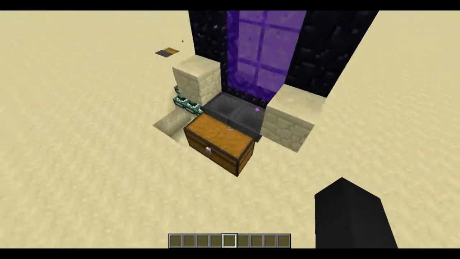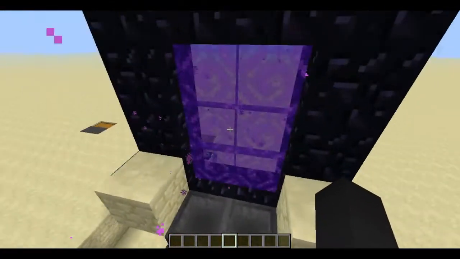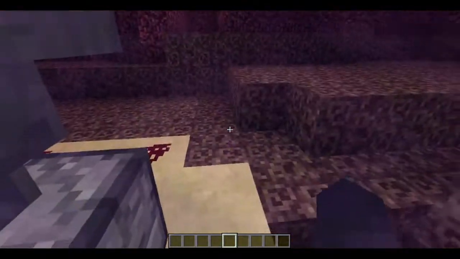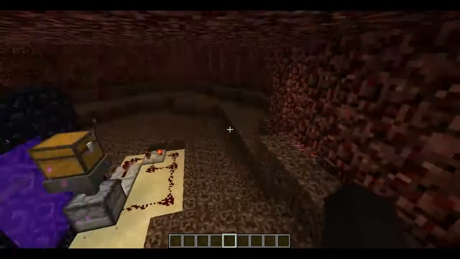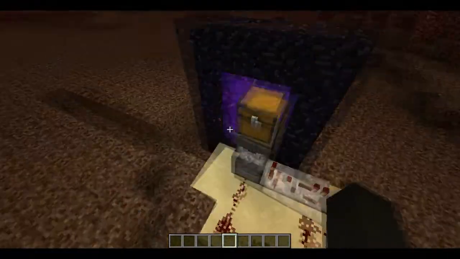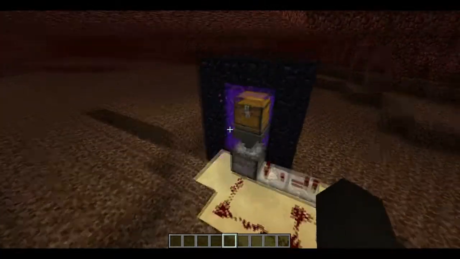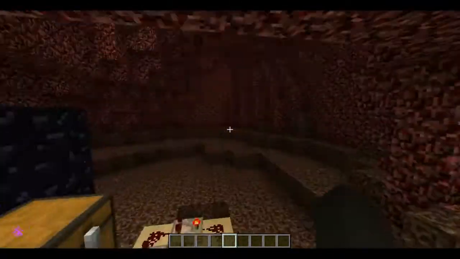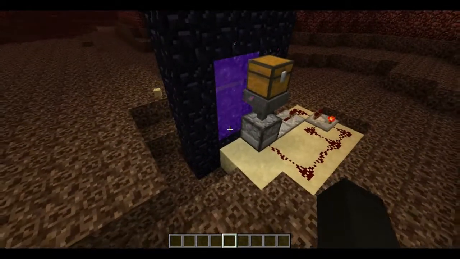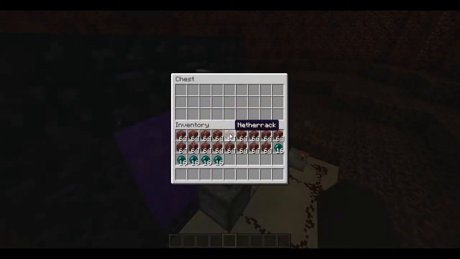So on this side of the portal, we have two hoppers set up with a chest, and if we go through the portal here and we just wait for the frame rate drop because the nether is so bad. So basically on this end here, you could have this connected to a long line of hoppers or wherever, but if you're farming in the nether and you got a bunch of quartz or netherrack and you want to just shoot it over to your overworld really quickly,